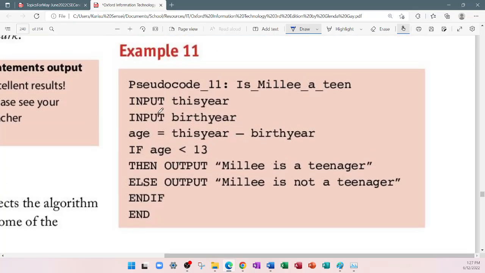We input the birth year, we input this year, we carry out the calculation. Say for example the age is 11. Is 11 less than 13? True. So we carry out the then statement. Millie is a teenager, and we ignore the false statements. We go to the end if, we end the